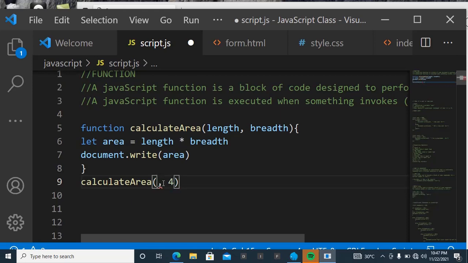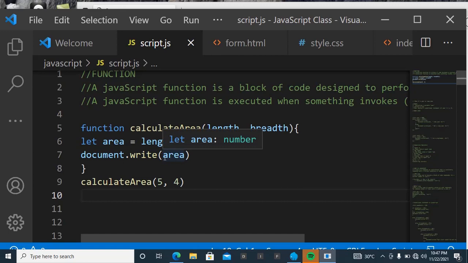Also change the values, like to 5, then leave it this way. So this way we want to calculate area. Inside this document.write, we can just say our area is